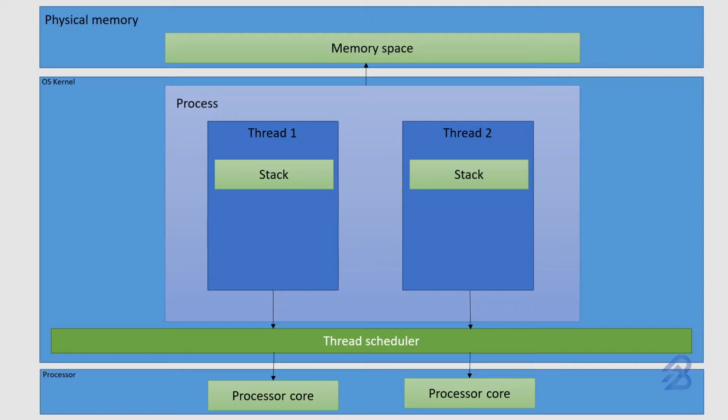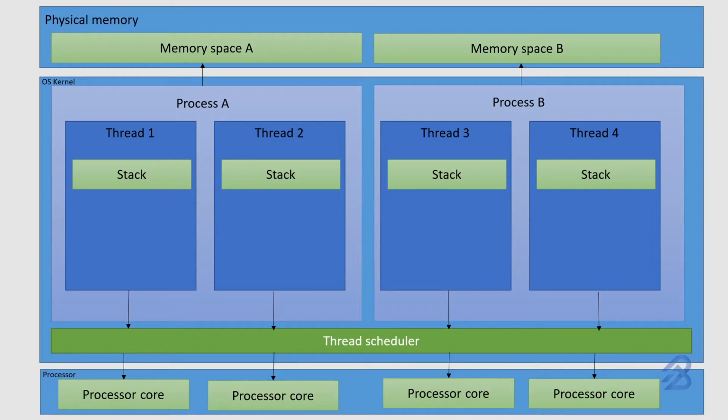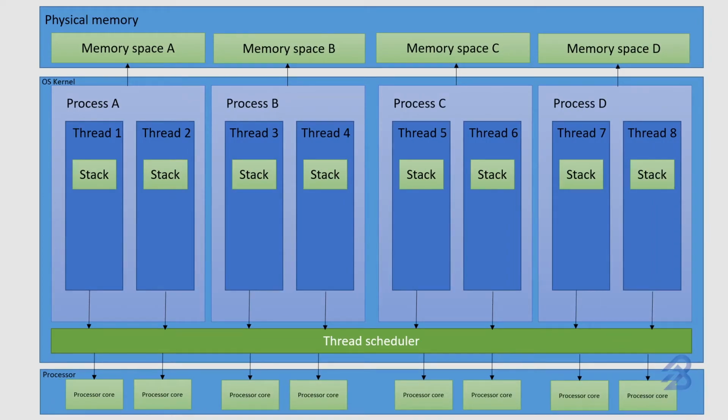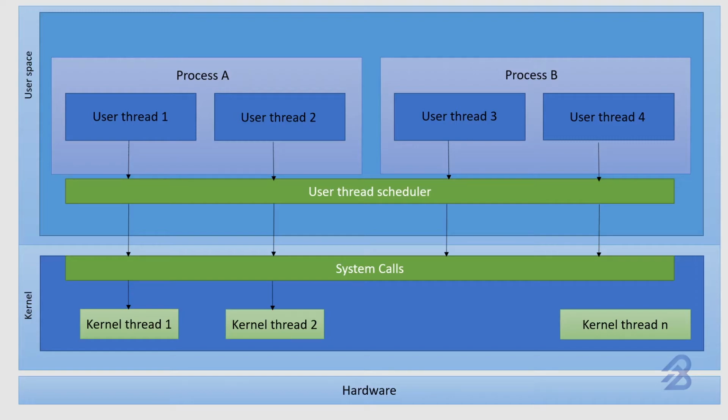For example, dual core, quad core, 8 core, etc. Alternately, think about having user level threads that are supported in user space, which is part